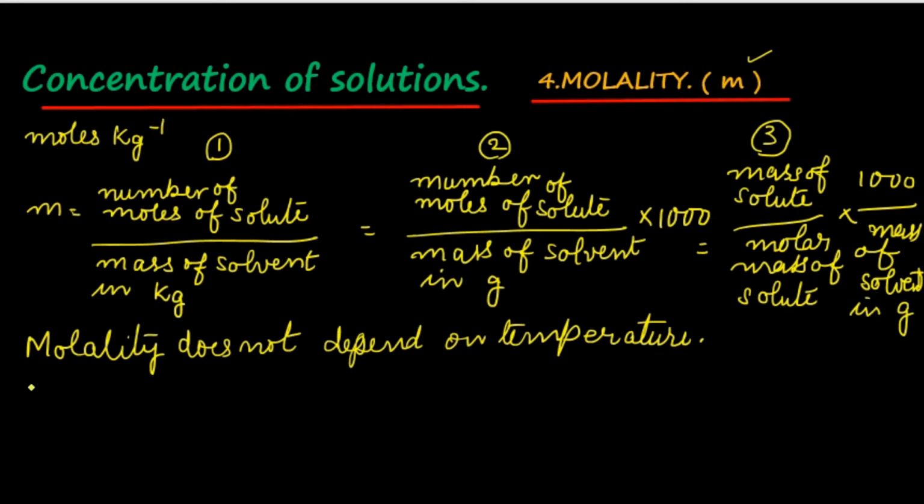But in the case of molarity, by definition, molarity is number of moles of the solute per liter of the solution. So volume is considered here. At high temperature, volume increases. Number of particles of the solute does not change. So finally, at high temperatures, there will be the same amount of particles in more liters of the solution. Because solvent is expanding means the solution is expanding. So the molarity decreases at high temperatures. I hope these points are quite clear.